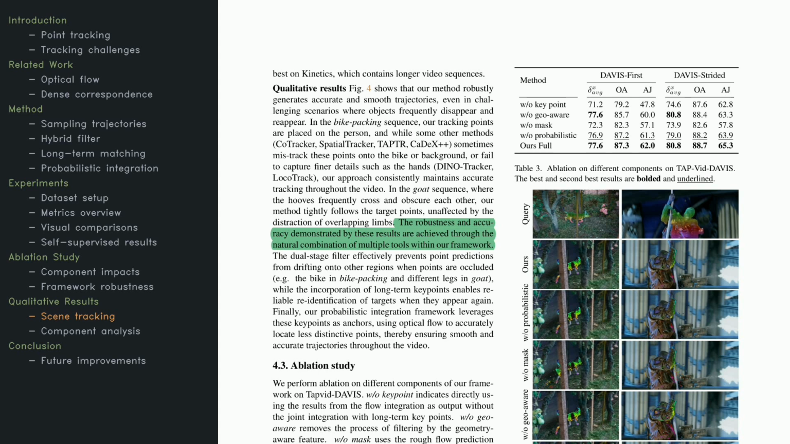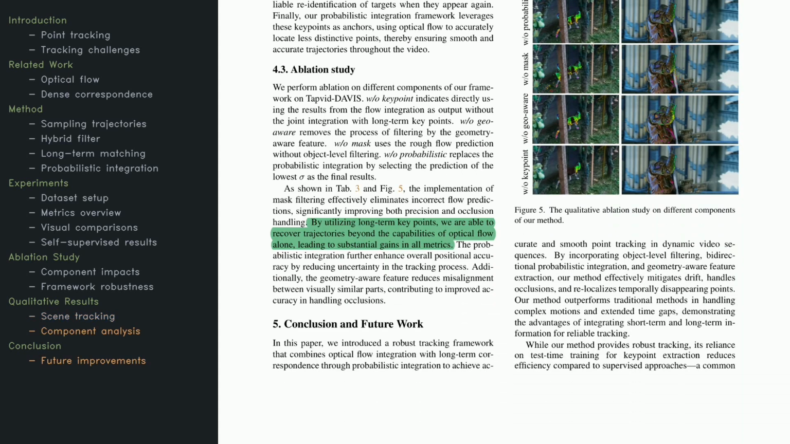What happens if they remove certain components like key points or probabilistic integration? The performance changes, showing how important each part is for both accuracy and robustness. Finally, the paper discusses how they systematically tested each component in an ablation study. Removing long-term key points caused a big dip in performance because they help recover lost trajectories during occlusions. Without geometry-aware features, the model can get confused by look-alike regions. Meanwhile, mask filtering reduces errors from optical flow, which bumps up the reliability of the entire pipeline. The probabilistic integration is crucial for